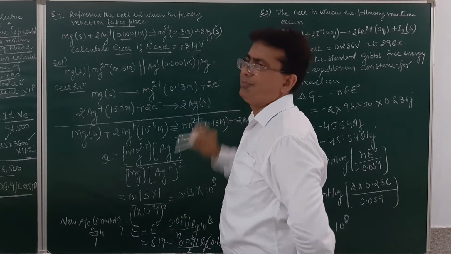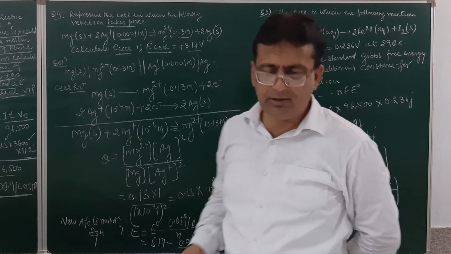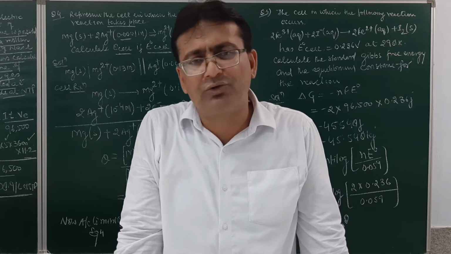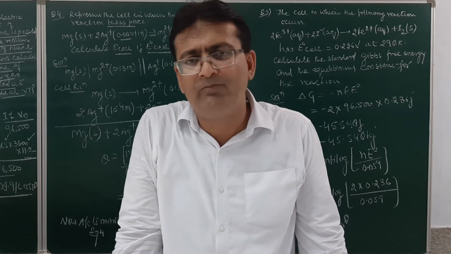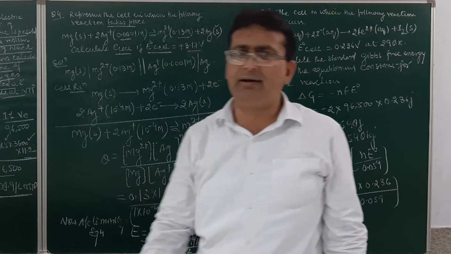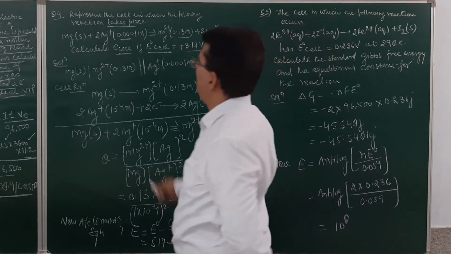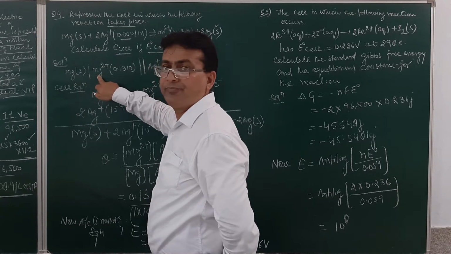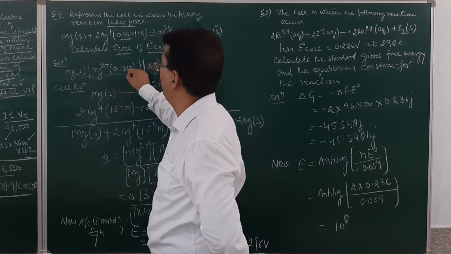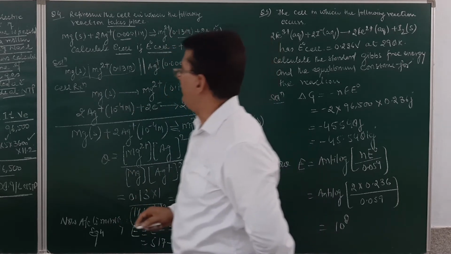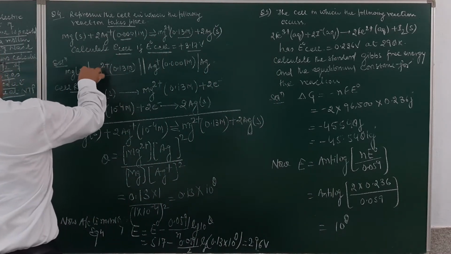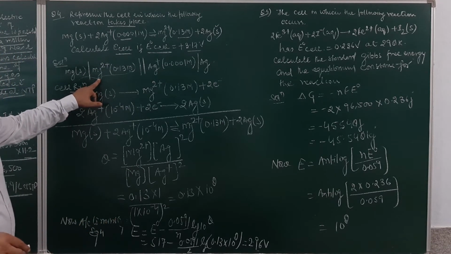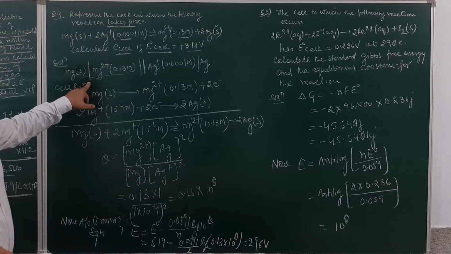First of all, we have to represent the cell. Now, if any redox reaction is given, the cell can be represented in the manner in which the oxidation half is to be written on the left hand side and the reduction half is to be written on the right hand side. How do we write it up? Just see, magnesium losing the 2 electrons. So this half will be called the oxidation. This magnesium in the form of a solid is separated from magnesium ion, which is in aqueous form, by a phase separation of a single line.